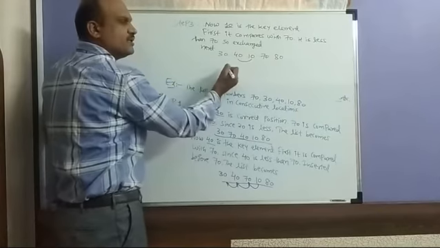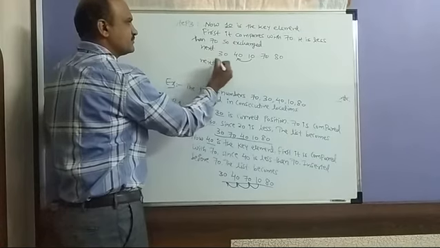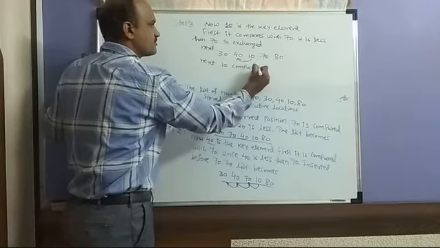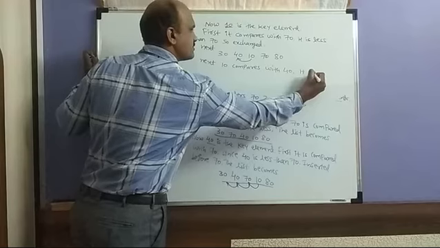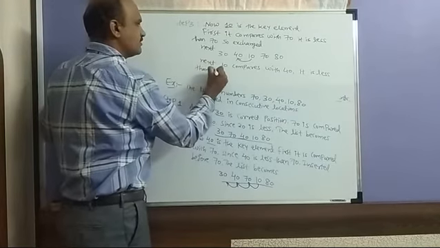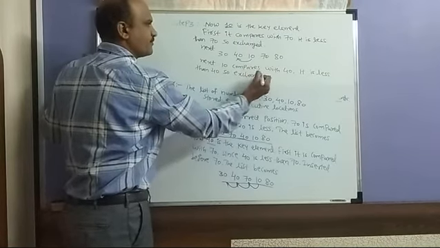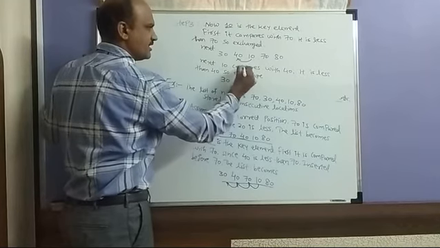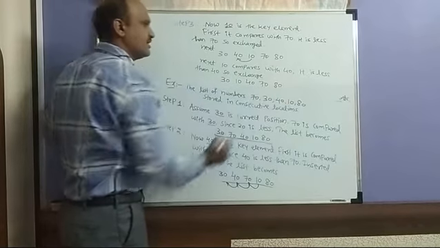Again 10 will compare with the 40. 10 compares with 40, then it is also less. It is less than 40. So again exchange. So what will happen now? 30, you have 10, it will exchange, then 40, then 70, then becomes 80.